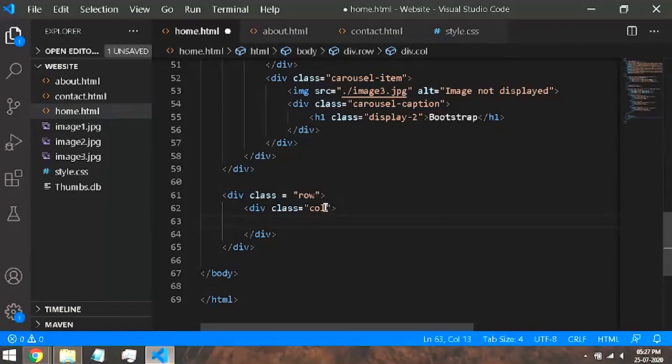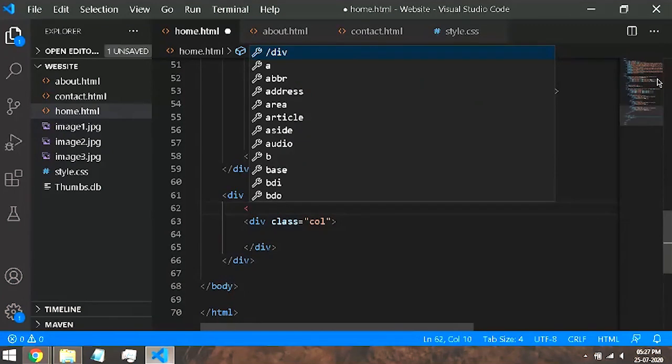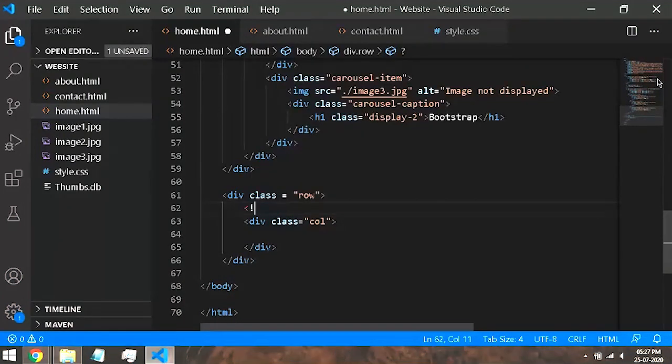Now I said column. Now only column won't do the work. I also need to specify the amount of grid space which I will be occupying. So if there are 12 spaces, I'll just add that in a comment. So how is a comment added? It is in HTML. It is less than sign, exclamation point, and dash dash. And again, you have to close that comment with dash dash greater than sign. Here I will say 12 columns. 12 columns are there in Bootstrap.